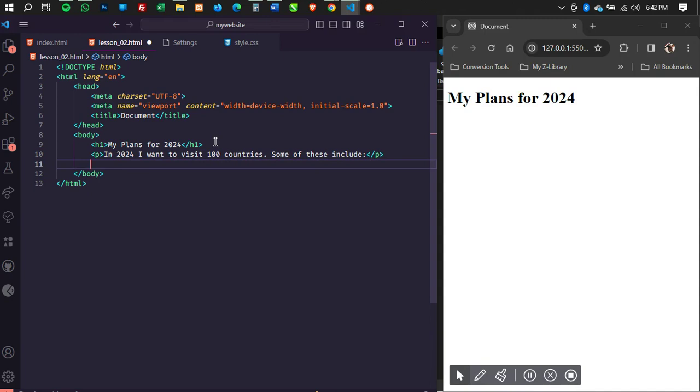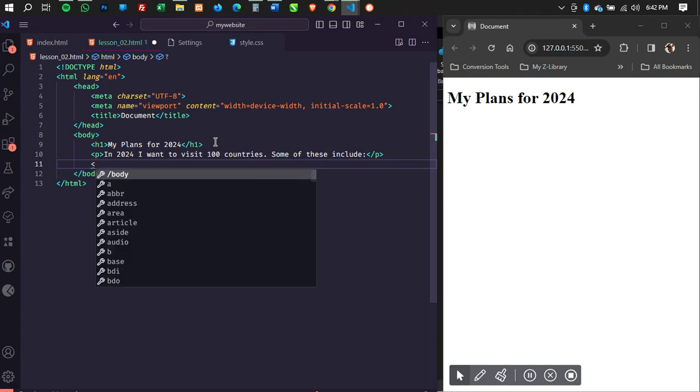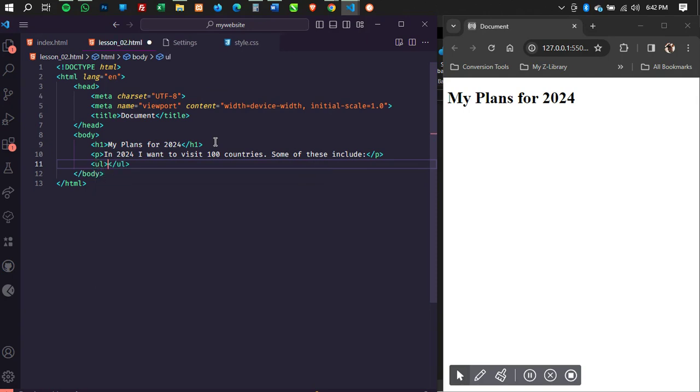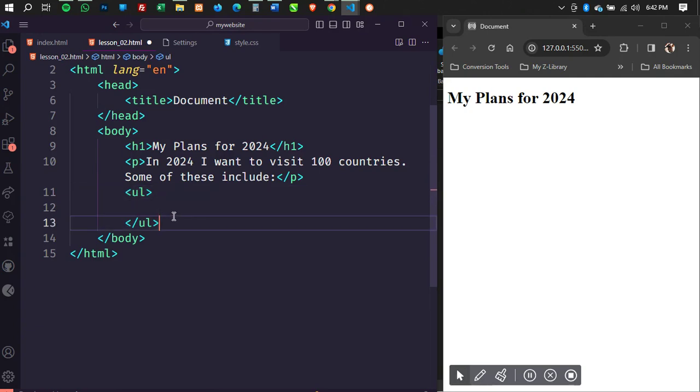Our list, right? So first of all, we are going to look at the unordered listing, which we use the UL tag. UL means unordered listing, right? So inside my unordered listing, there are list elements. That's also one problem I noticed in the assignment.